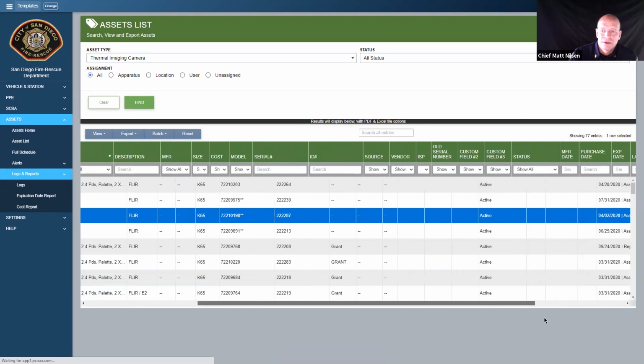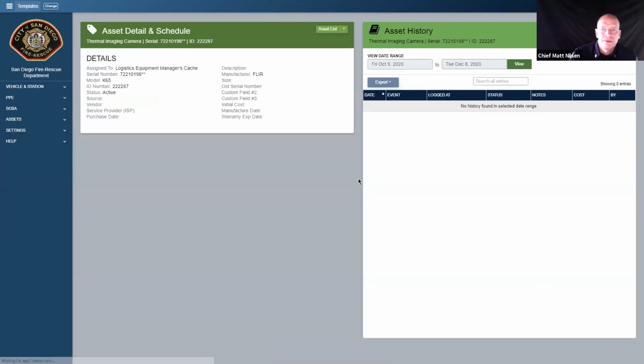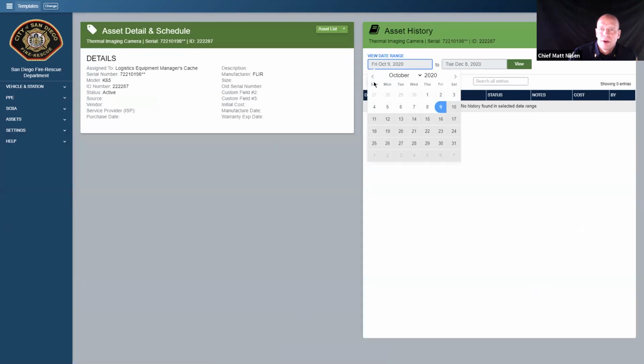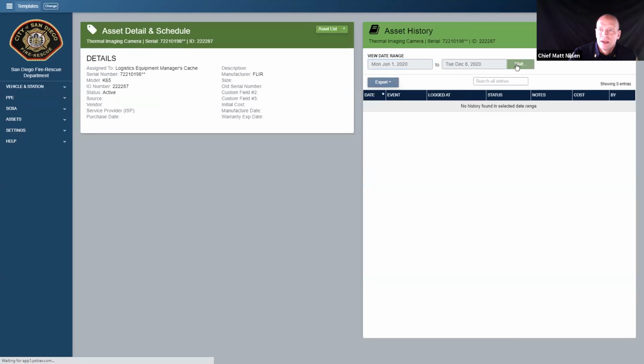More history is timing out. Here we go. There's been no history on this one. Actually, there probably has. If I change this, on this thermal imager, it should show the history of what's in it. So it was sent out for repair. That's the only thing that's on here. If I go back,